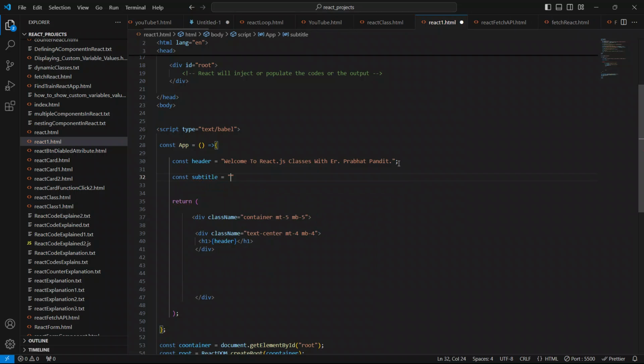I'll just use open and closing braces, and now I'm gonna create another subtitle variable here. So I'll just say here "Happy to start a new session on React.js." Okay, so guys, trust me, I'm indeed happy to start a new session, to start a new tutorial